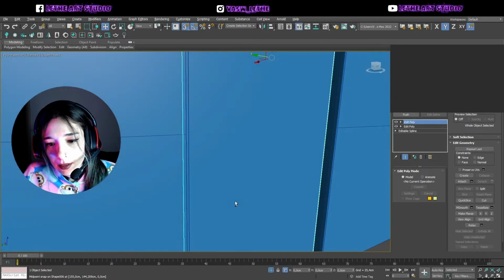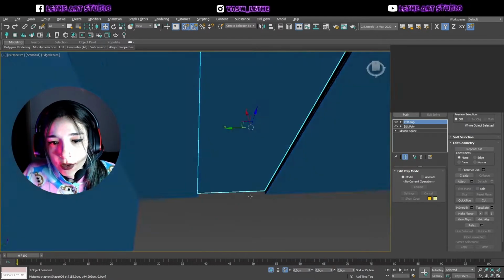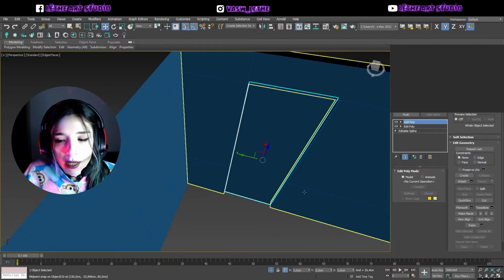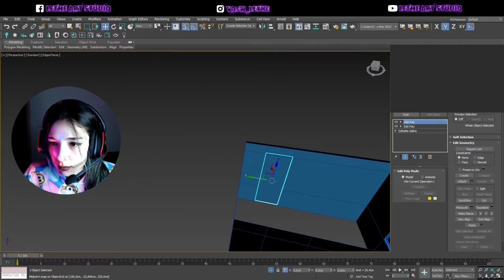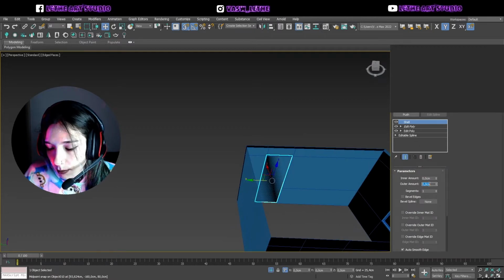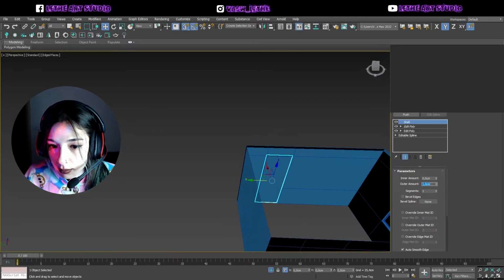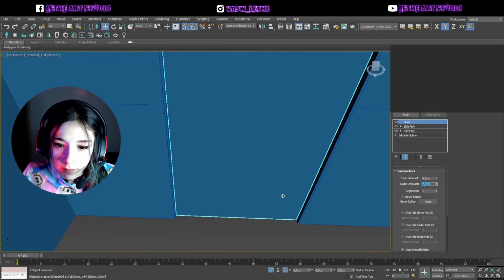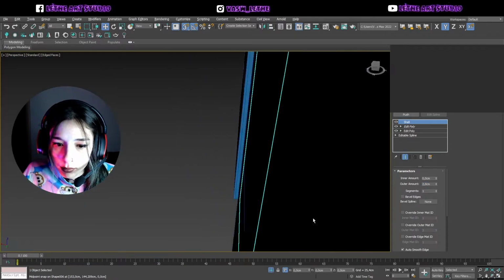This is it. And maybe now, so that we can have a little smooth effect, just add the shell modifier about 1 centimeter, 2 centimeters width